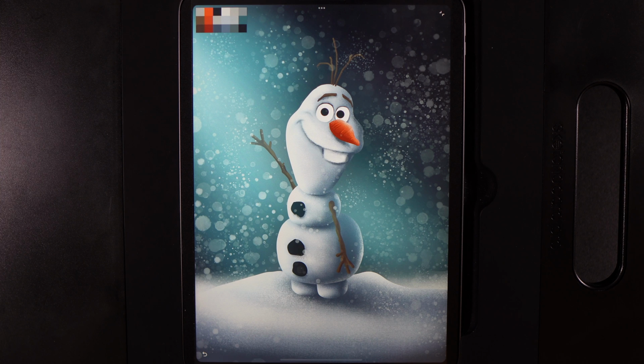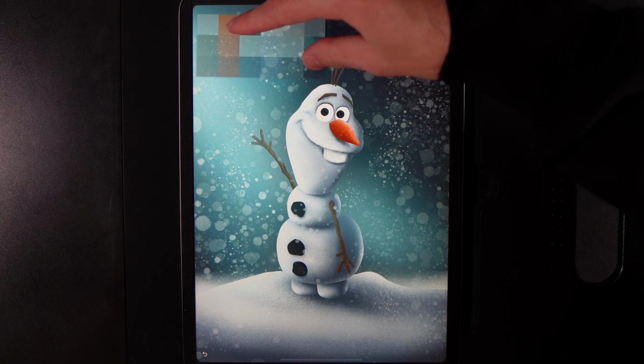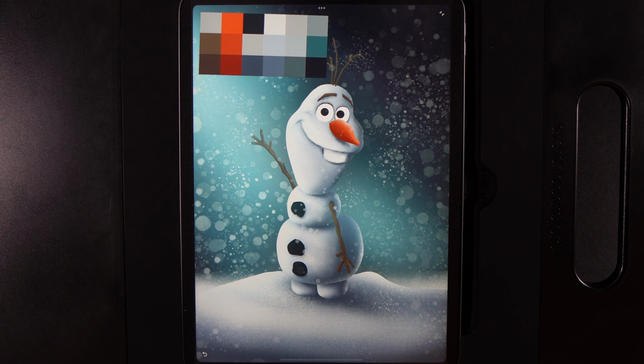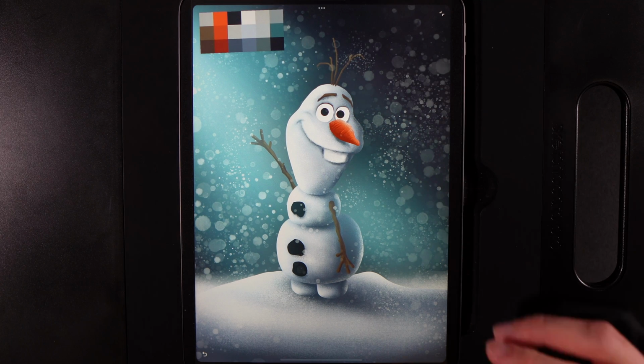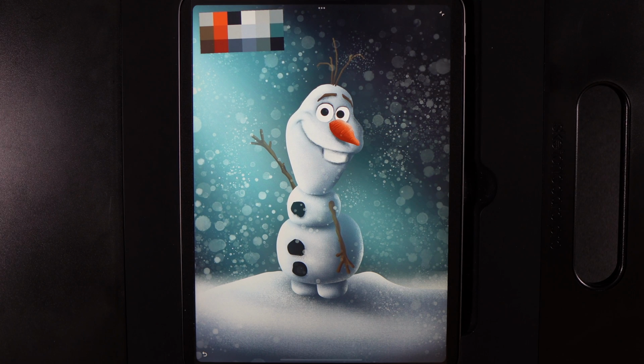create this Olaf design. Now I'm going to do things a little bit differently in this tutorial. We're going to have the palette the whole time, which is a little graphic that we're going to keep in the top left of our canvas so that we can go back to it and grab the color. I will show you how you can go about doing that. But you're going to need to grab the palette image that you can see there top left. There's also a stencil that you can grab for Olaf here, and I will guide you through creating your canvas, adding the images that you need to the canvas, such as the palette and the stencil, and we're good to